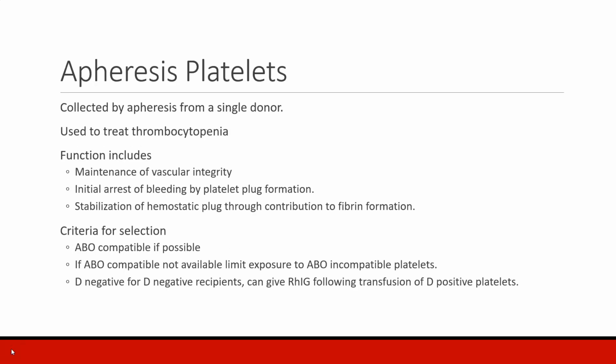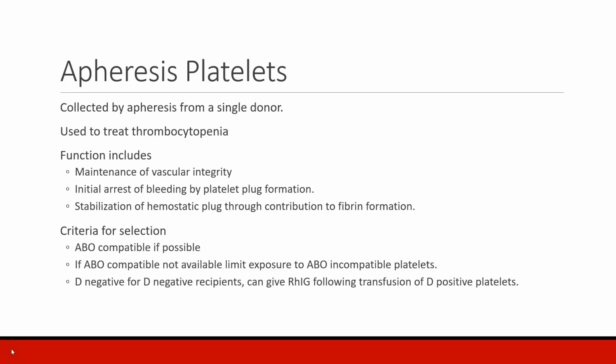Apheresis platelets are collected by apheresis from a single donor. So a unit of blood is removed, it's spun down, the platelet-rich plasma is removed, and the red cells are returned to the donor, and they do this through several cycles. It's used to treat thrombocytopenia, and to understand the function of platelets, you need to bring coag back to the